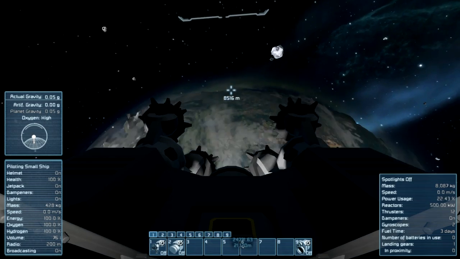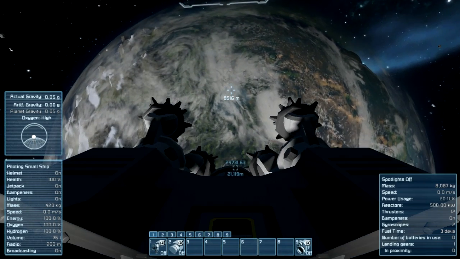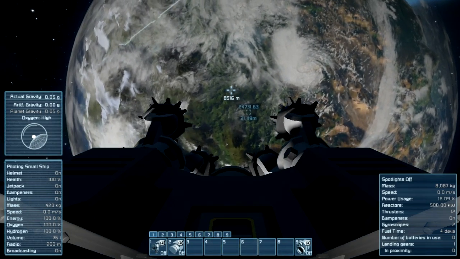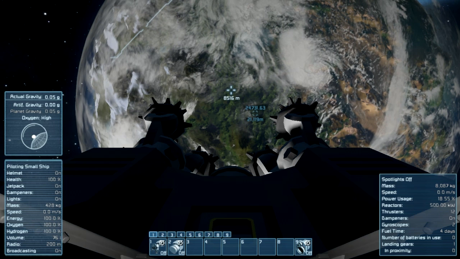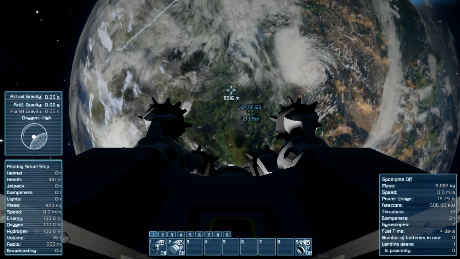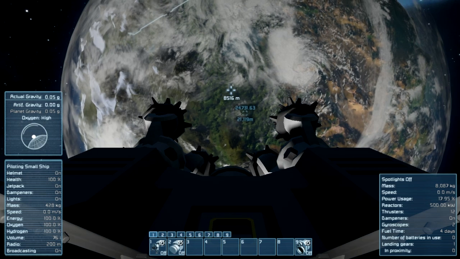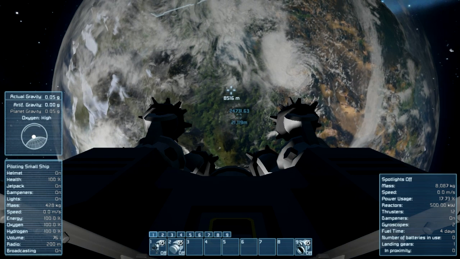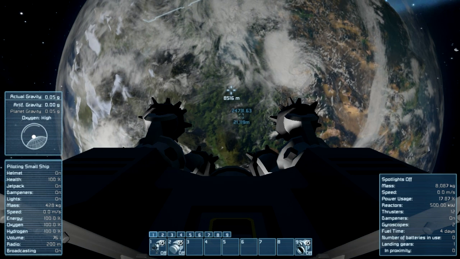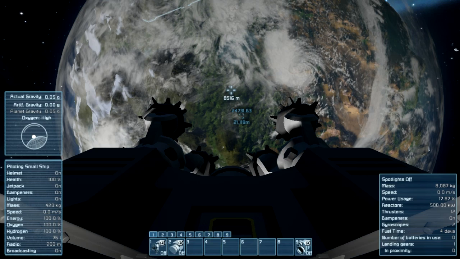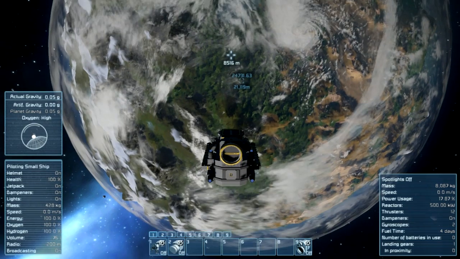And I believe that's pretty much normal to the planet's surface. Another number has shown up by the target reticle, 8516 meters in this case, and I believe that is the distance to the surface. So at this point, if I were to turn off inertial dampening, you'll notice the power usage with inertial dampeners on is 17.87%. So it is thrusting,